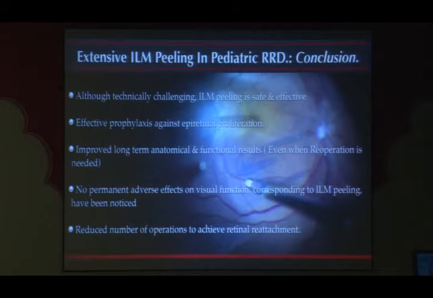It offers effective prophylaxis against epimacular proliferation, improved long-term anatomical and functional results, even when reoperation is needed. No permanent adverse effect on the visual function corresponding to ILM peeling has been noticed, and there is a reduced number of operations to achieve final